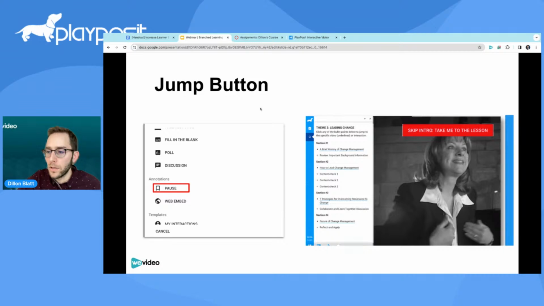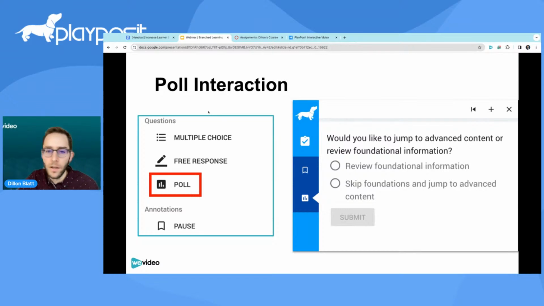So we can do that through the pause interaction. I'll show you in our demo how to create that particular piece of content. But that's what it looks like here on the right, and you can do it through that pause interaction. All right, and then the last one for choice-driven branching is the poll interaction, which, as I mentioned earlier, is